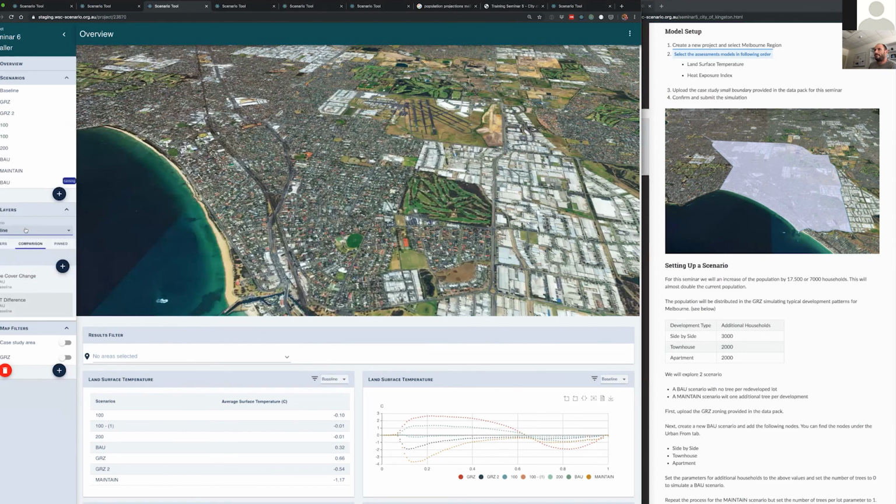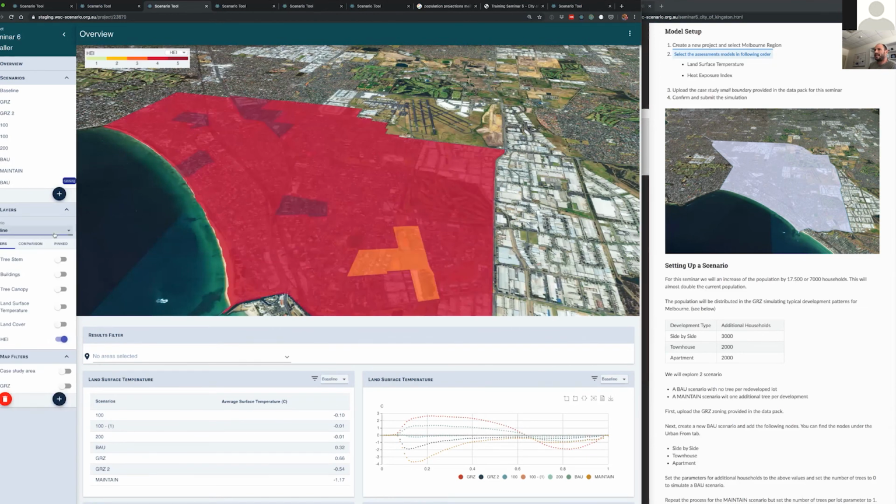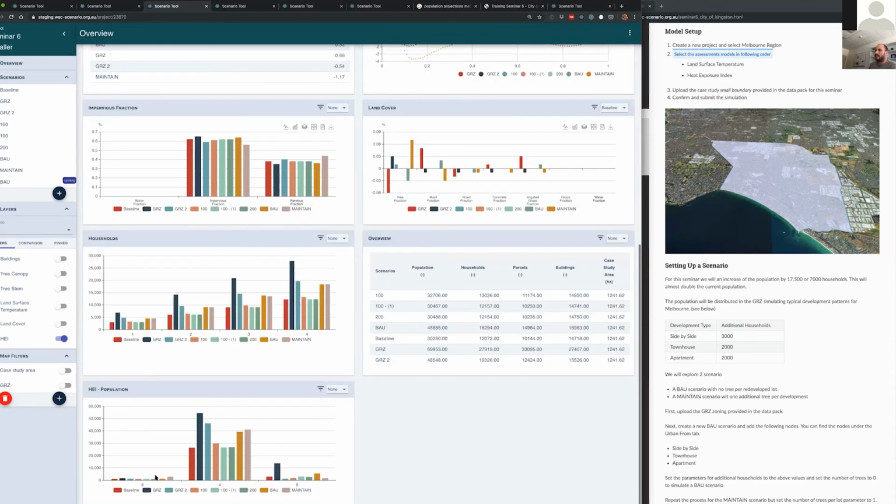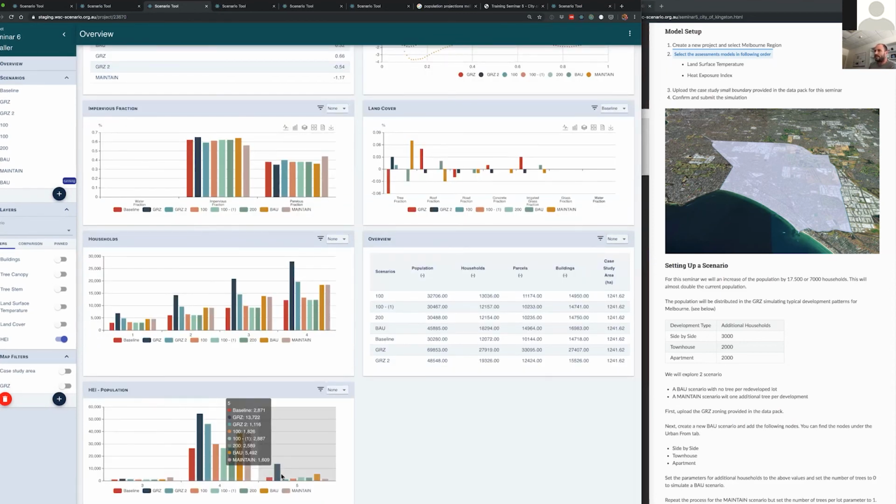No. I think the area does not necessarily extend in this. I think we see a little bit more up here. I'm not quite sure. This is something that we're going to build in as functionality as well, to have the comparison between the different heat exposures there. And if we go further down, we can see the effect of the population there as well. So we see them here under the